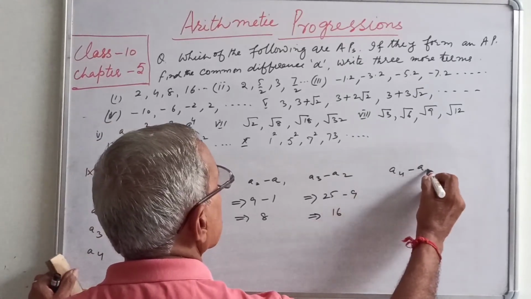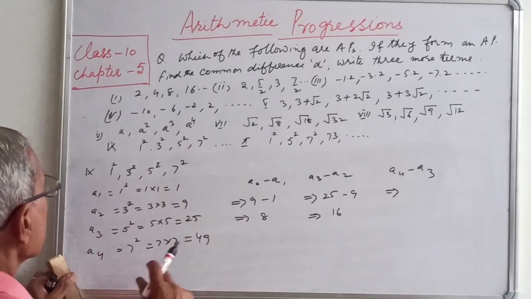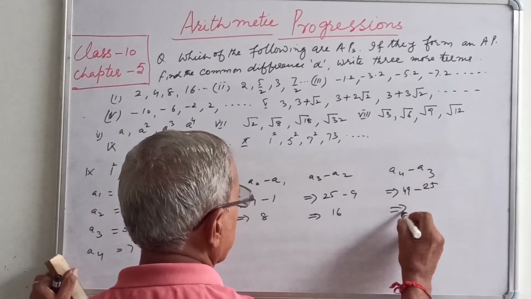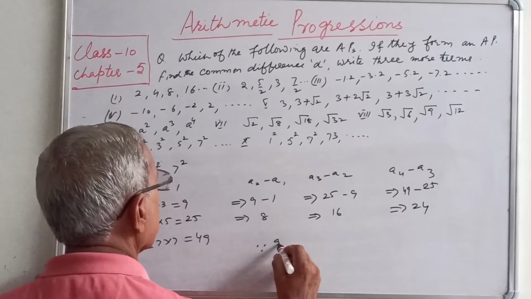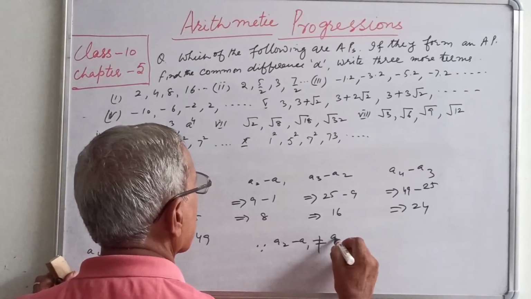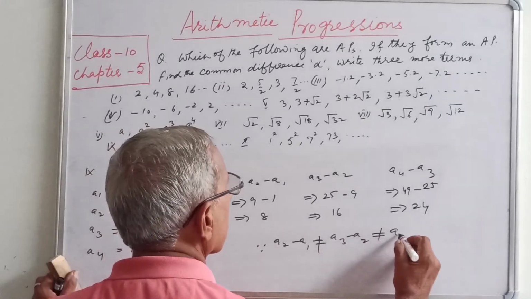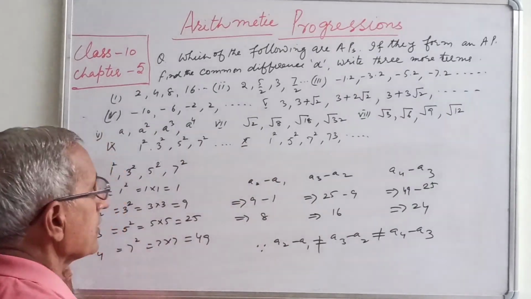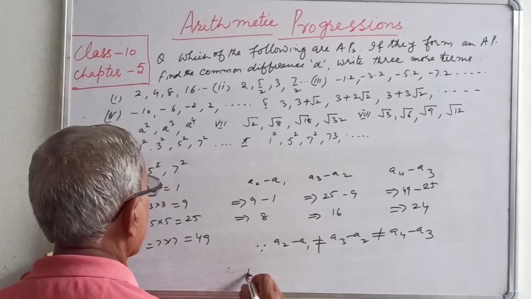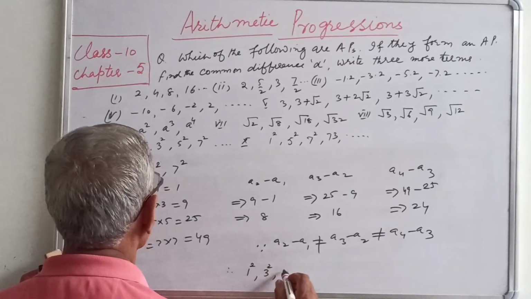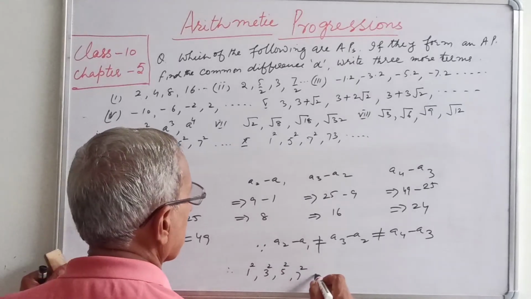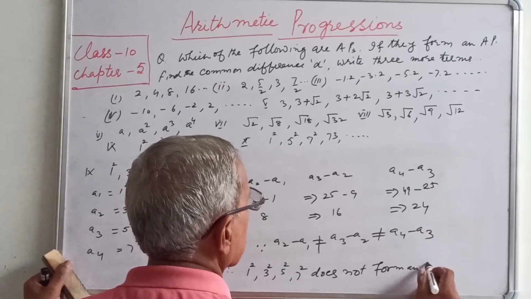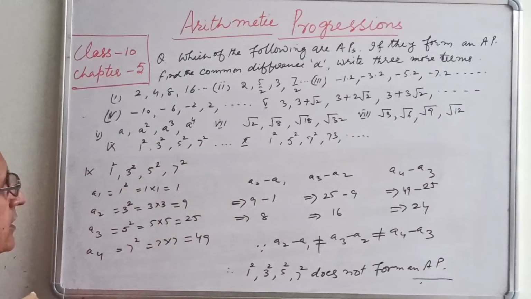Now A4 minus A3, A4 is 49 और A3 is 25, डिफरेंस है 24। तो सिंस A2 माइनस A1 नॉट इक्वल A3 माइनस A2 नॉट इक्वल A4 माइनस A3, सो देयरफॉर कि जो दे रखा था सीक्वेंस दैट इज़ नॉट एन AP। देयरफॉर स्क्वायर ऑफ 1, स्क्वायर ऑफ 3, स्क्वायर ऑफ 5, स्क्वायर ऑफ 7 डजंट फॉर्म एन AP। तो AP नहीं है।